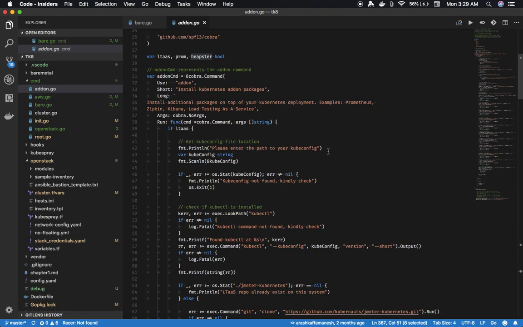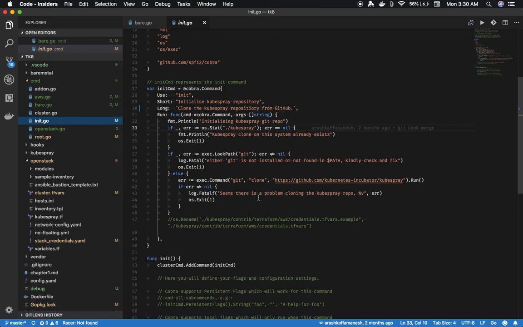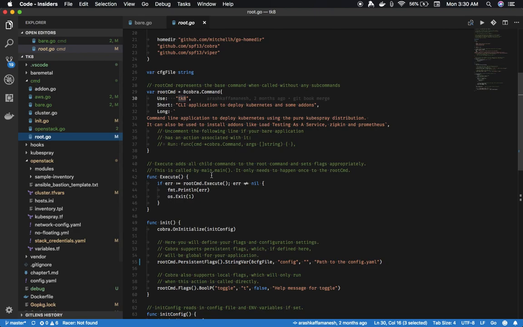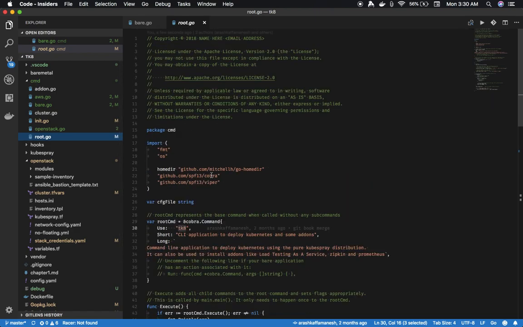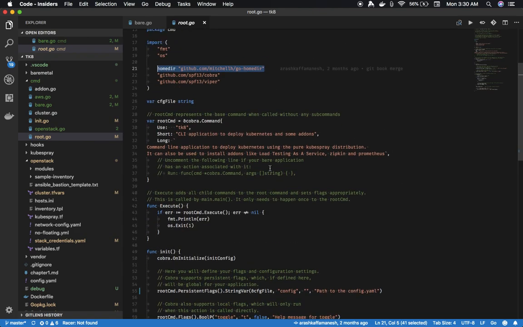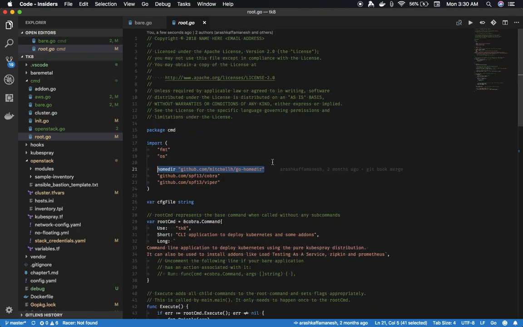So now again, by default it should make an assumption that the kubeconfig is in the user's home folder. That being said, it was init.go, right, where we had the home folder. No, it was root.go. So yeah, ideally, right, the home folder is always